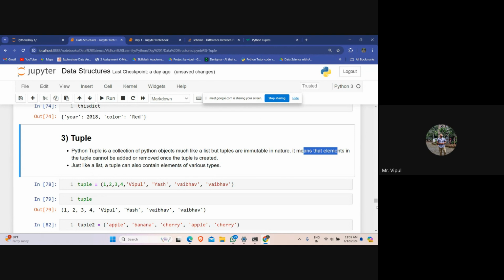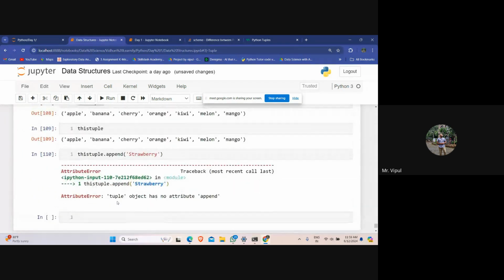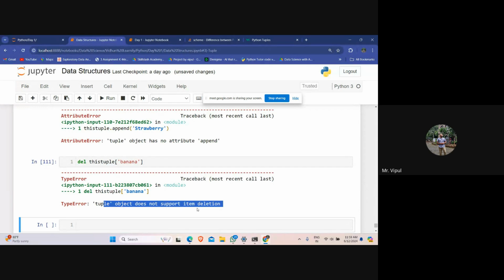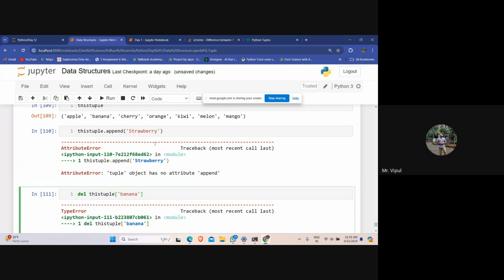So you cannot add, you cannot remove, you cannot delete any elements once the tuple is created. Let's say delete this tuple banana. It does not support item deletion, right? You cannot add, you cannot remove once it is created.